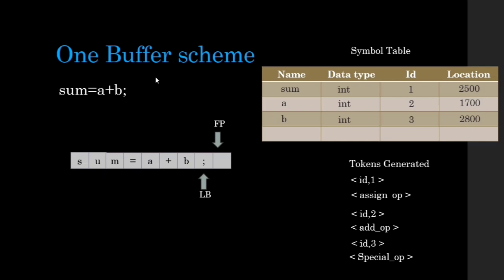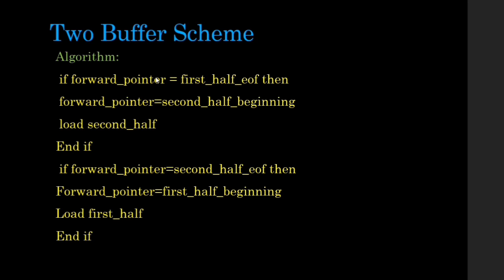Now, we'll go to the next one. The next one is called a two buffer scheme. So, this is an algorithm for a two buffer scheme. Now, the buffer itself is split into two portions, the first half and the second half. So, if the forward pointer moves to the end of the first half, that is first half EOF, then